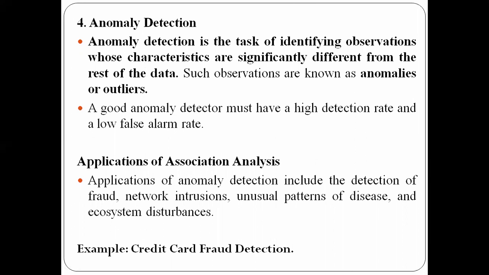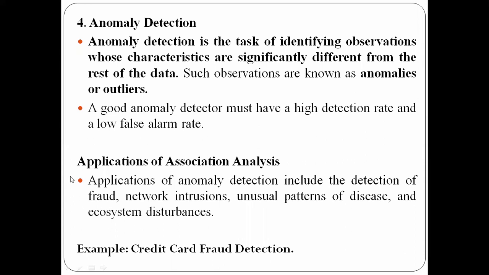Okay, so anomalies are just observations whose features are not going to match the remaining observations. The characteristics of these observations will be completely different compared to the rest of the data. With the help of anomaly detection, we'll be identifying the observations whose characteristics are completely different compared to the rest of the data. These observations are called anomalies or outliers.